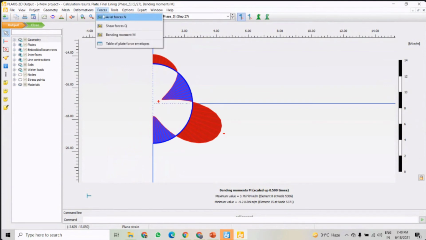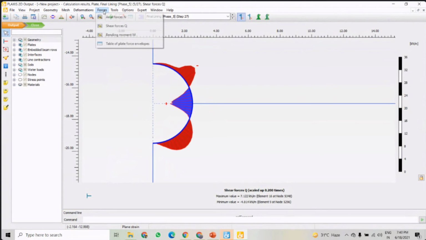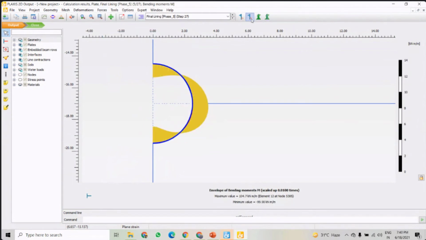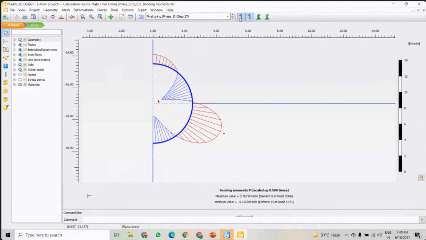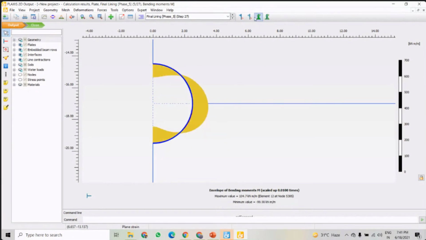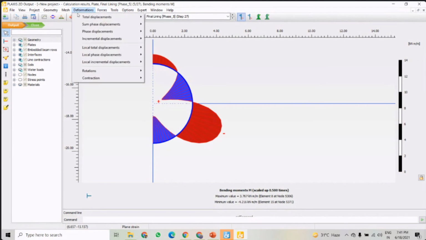Okay, so this is the axial force, shear force, and bending moment. So we can check it. This is the distribution, this is the wireframe distribution, this is the distribution envelope, and this is the wireframe distribution envelope, right? So we can find the forces this way.